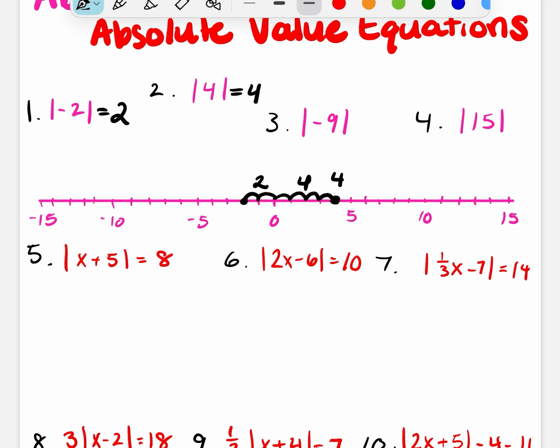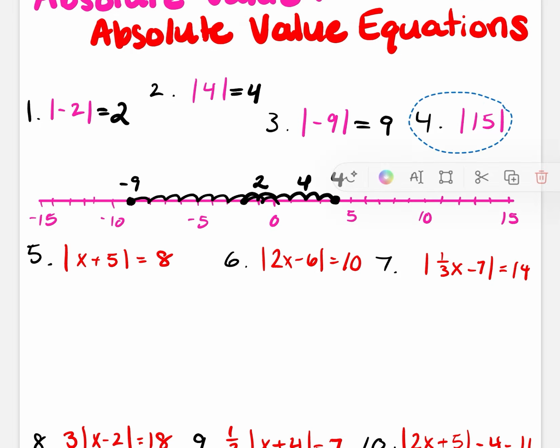Number 3, the absolute value of -9. So -9 is almost to -10. It's right here, -9. -9 is 9 units away from 0. And the last one, the absolute value of 15,